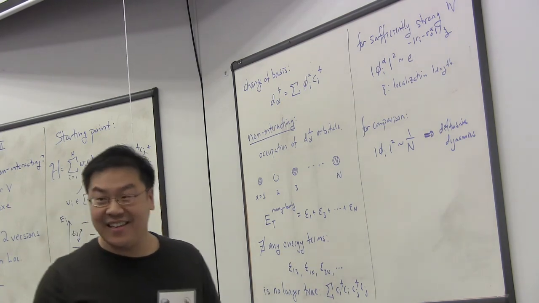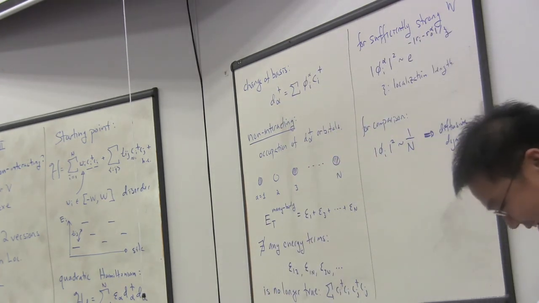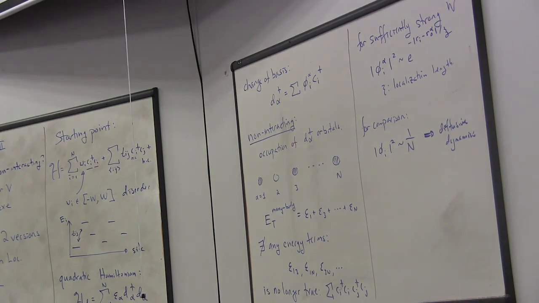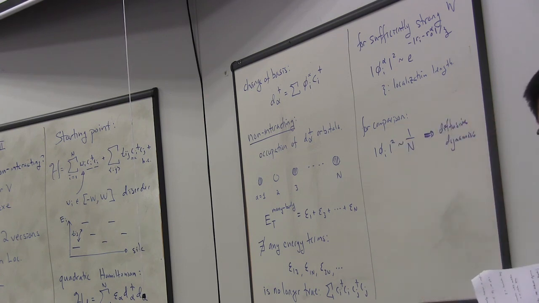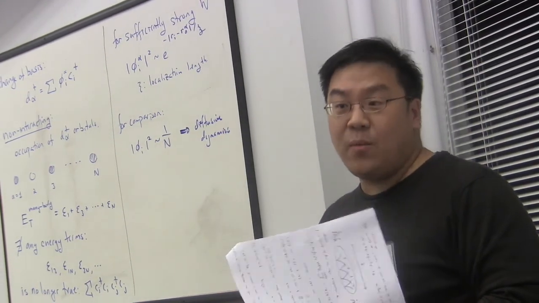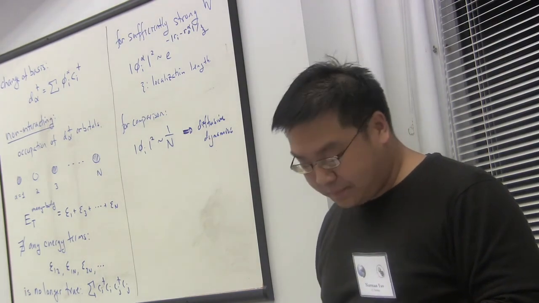Okay. Maybe you'll explain it later, but can the localization length be expressed in terms of our microscopic parameters in the Hamiltonian? Yeah, it certainly has to be expressed in terms of some microscopic parameter. The microscopic parameter that's natural is the lattice scale. So usually the localization length is expressed in terms of some number times the lattice scale. That's the only length scale that we have in the problem. Yeah, also the disorder strength and other stuff. Yes, it can. We won't go into detail on this, but at least in the single particle case, there's phenomenology.